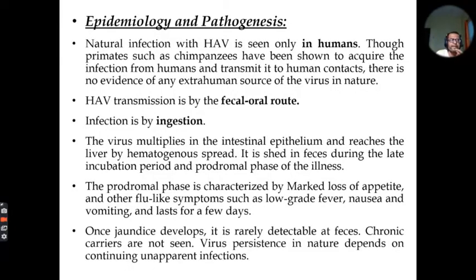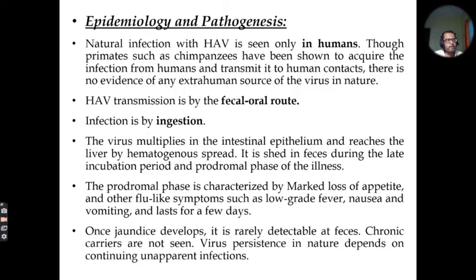Then the next is the epidemiology and the pathogenesis of type A hepatitis. Hepatitis A infection only occurs naturally in human beings. There is no other source. It does not occur in any other eukaryotic organisms or other animals. It only occurs in human beings naturally, but